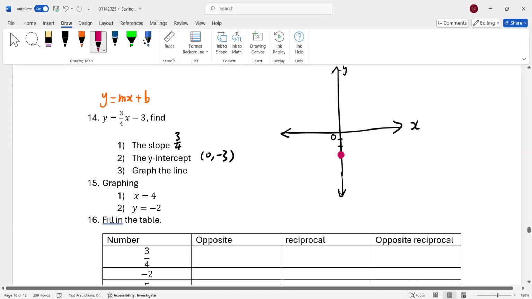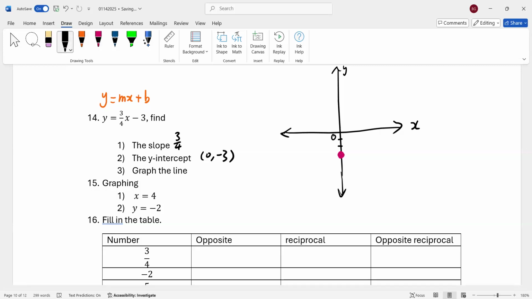To use the slope and the y-intercept to graph the line, plot the y-intercept first. And then what do we do? Use the slope here. Write the slope as a fraction. We are lucky it's already a fraction, right? 3/4 is the slope. And then write it as rise over run to determine what the rise and the run are. In this case, rise is 3, run is 4, right? So from the y-intercept, rise 3, 1, 2, 3, and run 4, 1, 2, 3, 4, to locate a